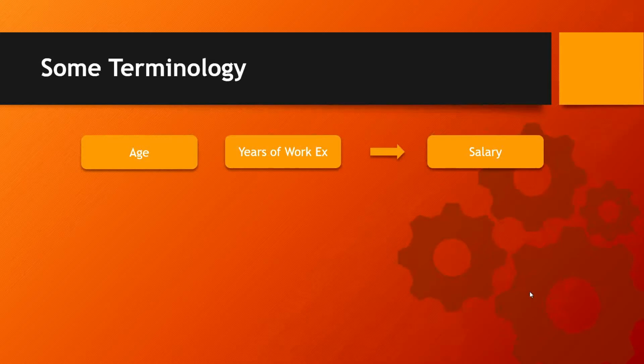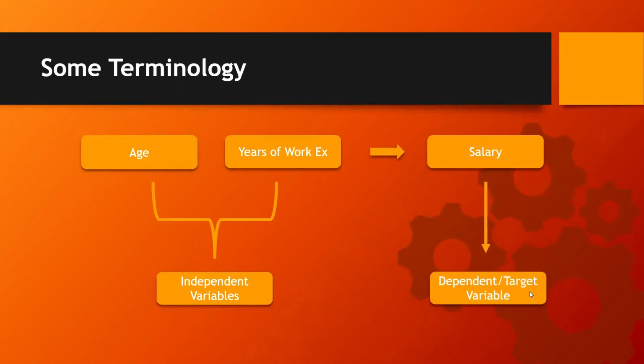But our focus is the first two variables which we are using to predict or try to get the determined outcome, which is the salary. They are called independent variables or features, okay? So, the first two variables, or the variables which you use to model something, are called independent variables or features in machine learning terminology. And the variable that you are targeting for is called the dependent or the target variable.